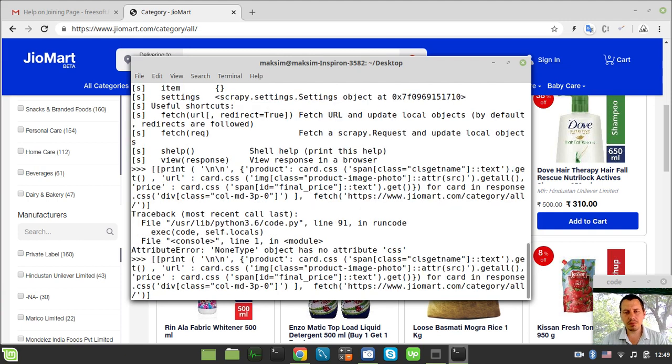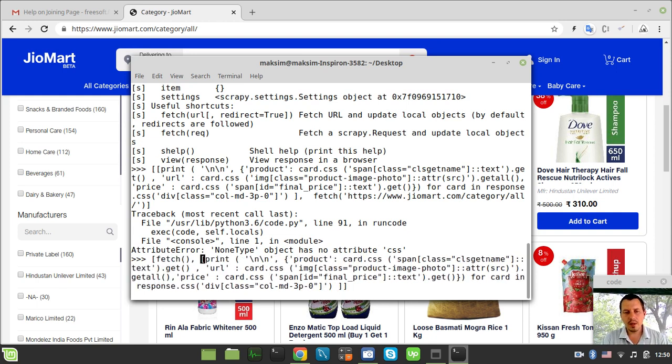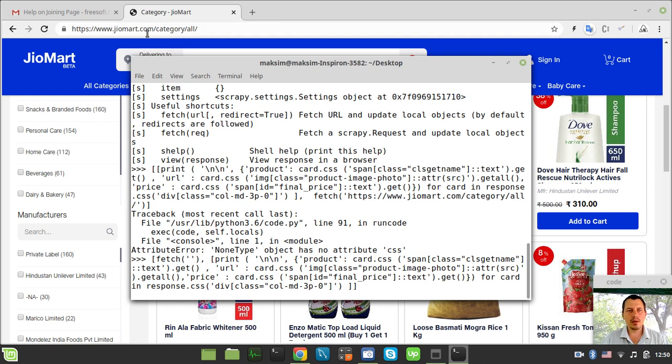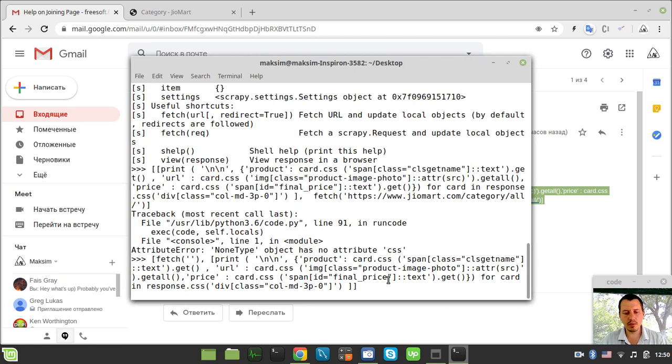You know, I did show you guys to put the fetch method after the reference in the response object to extract our data, but that works only if we did make some HTTP request initially, but if it didn't, it doesn't seem to work. So in order to fix this sort of an issue, I just need to put this fetch method as the first argument here. So now I can again grab the link,